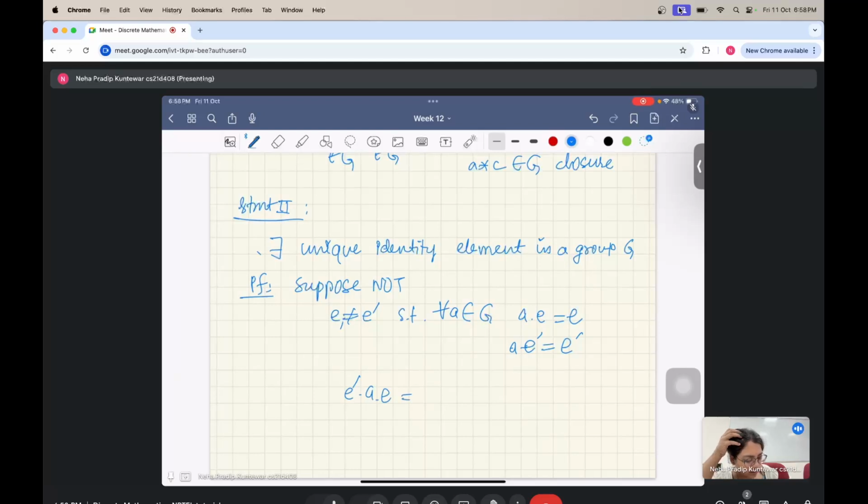So this is same as E prime dot E, and since A dot E is E,